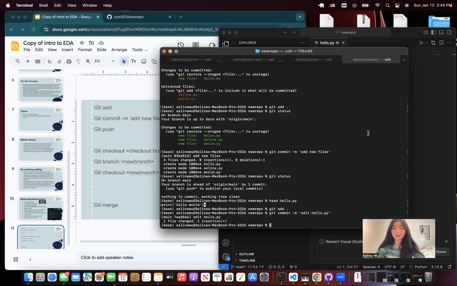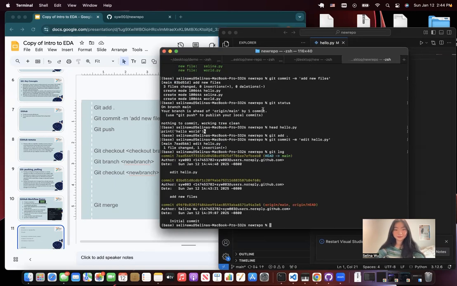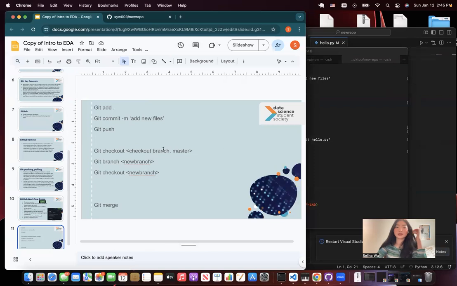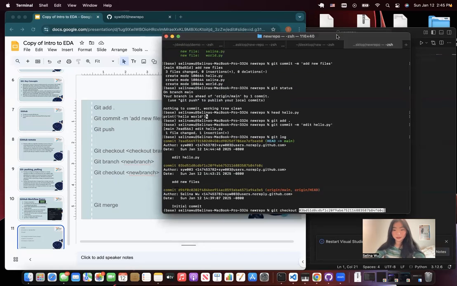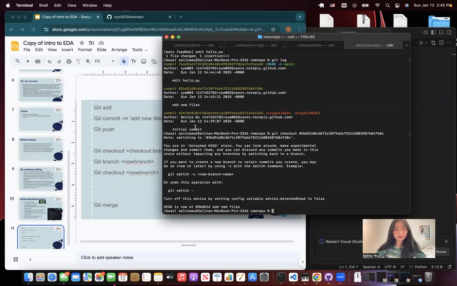And we can see now that this is updated to the main branch. So if we go to git log, it shows you all the commits that you've done previously. We did initial, add new files, and edit hello.py. And the way you go back to them is you do git checkout and then the commit name. The commit name is where it says commit and this whole long string of letters and numbers. So if you go to git checkout and then paste in the commit name, you can go back to this